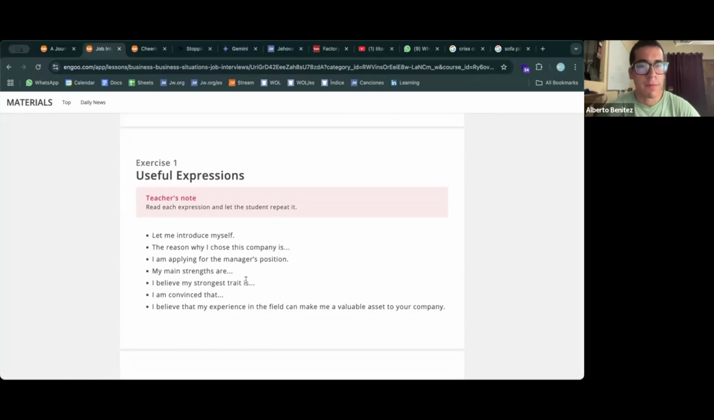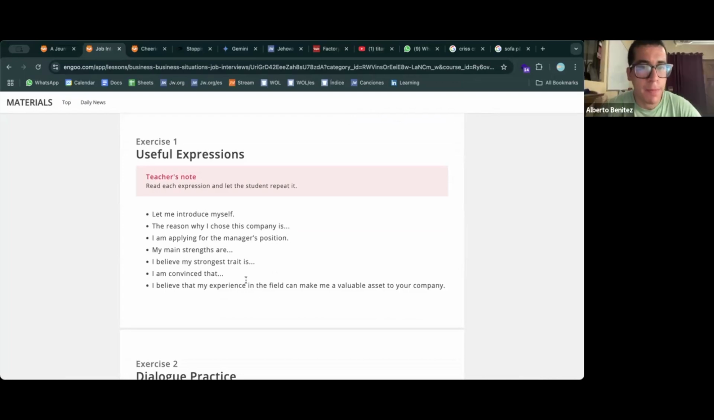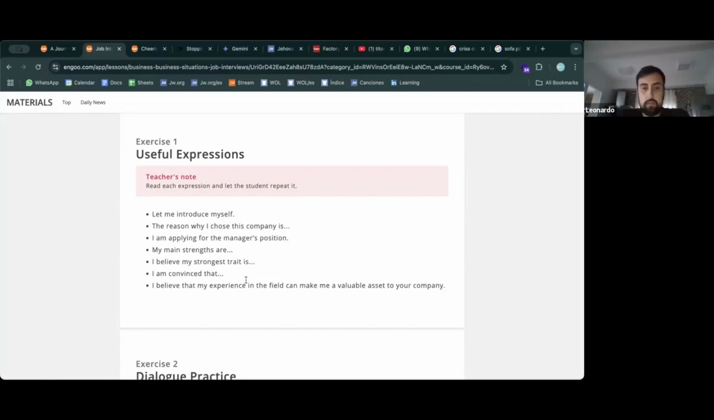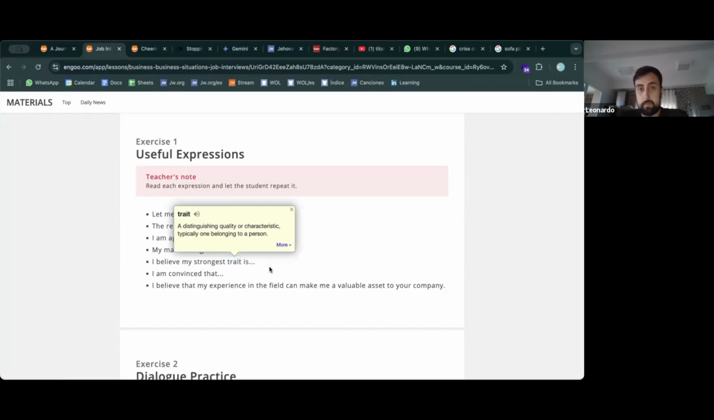Let me introduce myself. The reason why I chose this company is I'm applying for the manager's position. My main strengths are I believe my strongest trait is. Okay, so this one would be trait. Trait. Good. I believe my strongest trait is